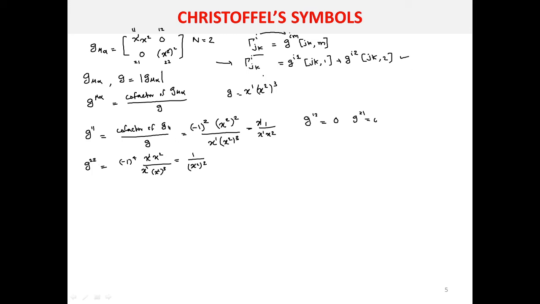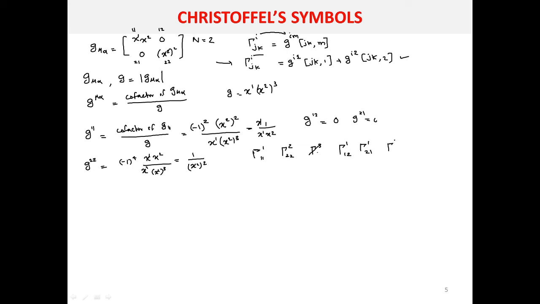For example, here it is a two-dimensional case, so you have to calculate various Christoffel symbols like gamma 1 1 1, gamma 2 2 2, and so on. Now we can fix the contravariant index as 1, and take the lower indices as 1 2, and also calculate the value of 2 1. Of course these two values will be the same because it is symmetric with respect to the lower indices.